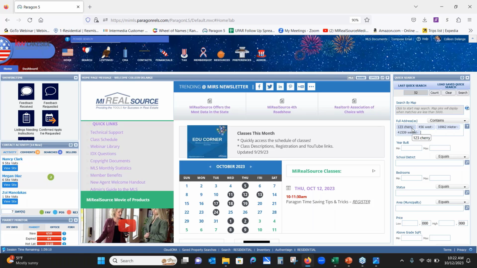Okay, so we've got our addresses in, and what happens if it is 41539 North Wessel Drive? Here's where the magic sauce comes in. As I mentioned, if it's Wessel Drive, it's already going to pull that up because it's got the built-in wildcard right where you see that X. There is a built-in wildcard right there. So it will pull up Wessel Drive, Wessel Court, Wessel Place. No matter what it is, it's going to pull it up for you. However, if it is